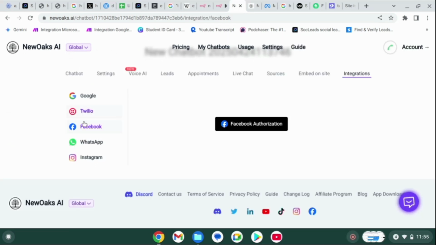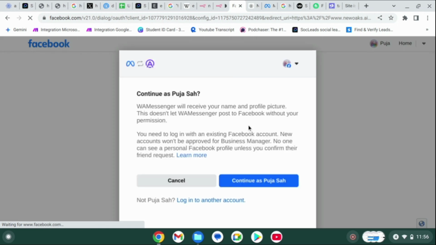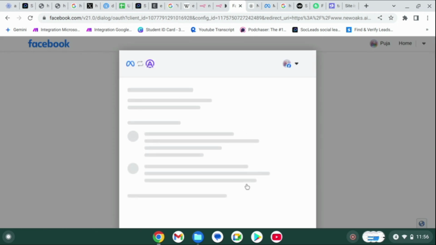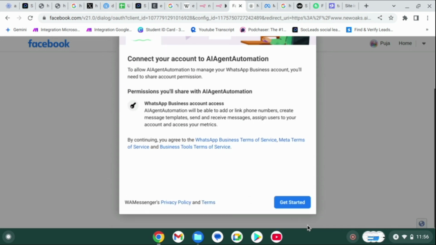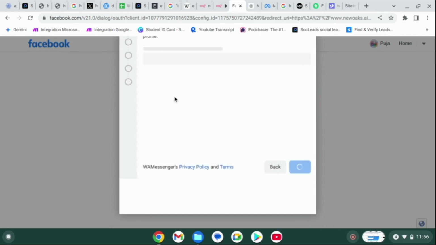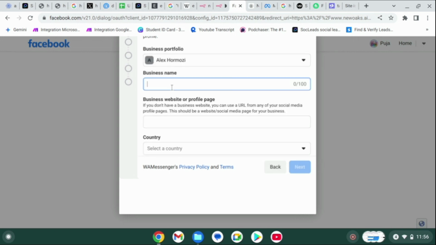To connect this chatbot to WhatsApp, we just click on WhatsApp account and authorize our account to connect to WhatsApp. So we need to have a business WhatsApp account. You need to continue with your Facebook page and get started. And for this step, just enter your name, business website,